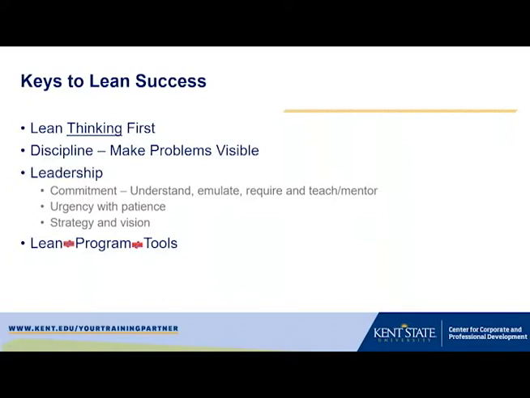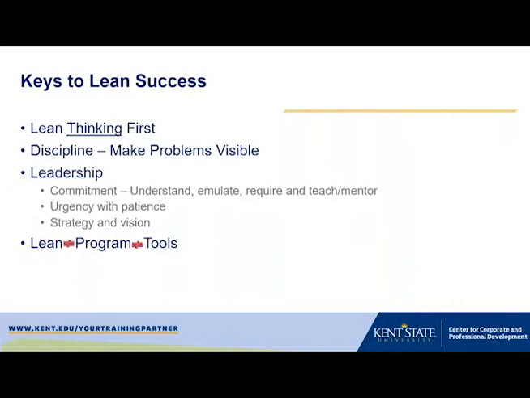And it has to start, again, at least in my opinion, and I think a lot of literature would support this, that leadership has to help with that. Leadership has to have a commitment to deploying lean, and that means that they understand it, that they can emulate it, that they can ask the right kinds of questions, that their behaviors support it, that the feedback they give to the people that are doing the work is consistent in supporting that. And it would include things like